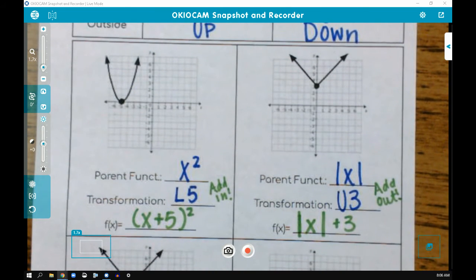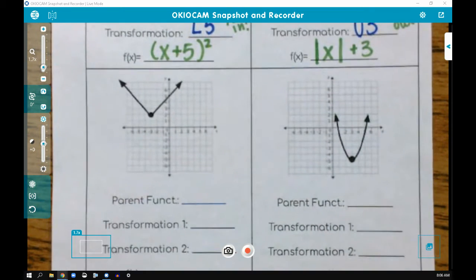Okay. Any questions on either of those graphs or functions? Coolio. We've got two more then. These two